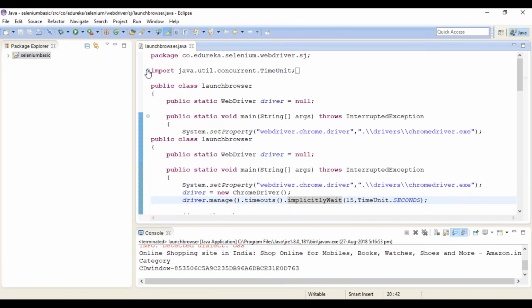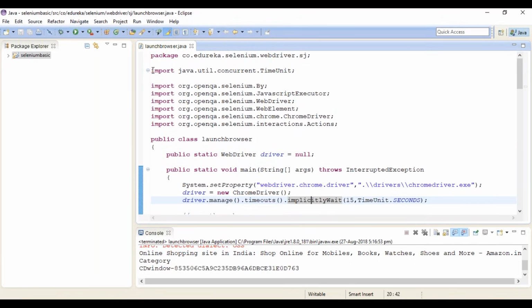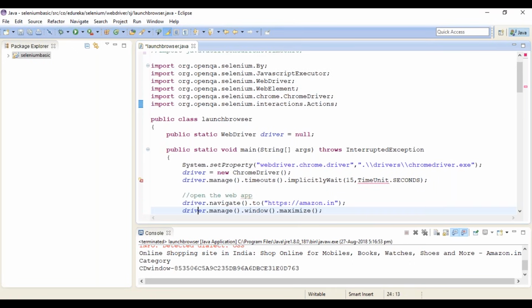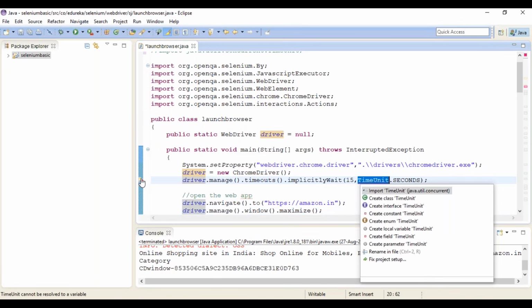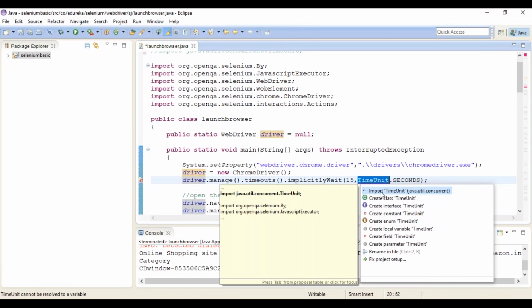The first thing that you'll notice here is there are multiple import packages. Do you need to remember these import packages? Don't bother. I'll just comment this out and see what happens. It throws up an error. So I'm going to click on the error. It says import, so it tells you what package you need to import. Double click on that and it'll get imported.